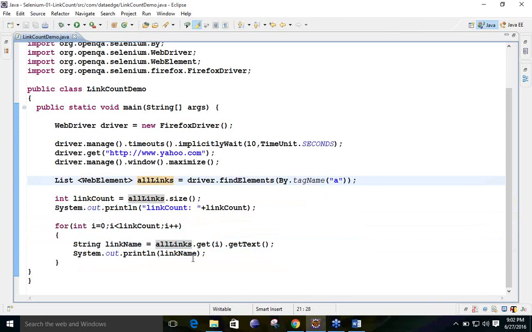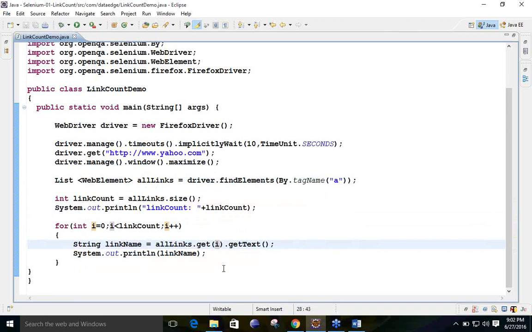How will you get? Based on the index. So you need to pass the i. Suppose get 0 means what is stored at the first location. It will be 1, 2, 3, 4, 5 up to the link count it is going to execute.